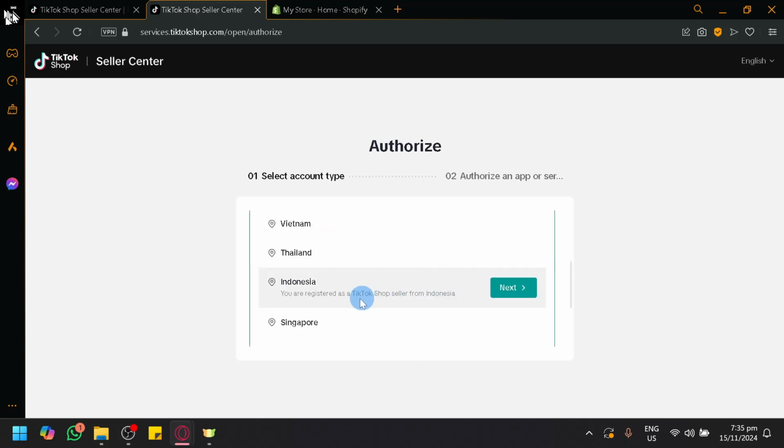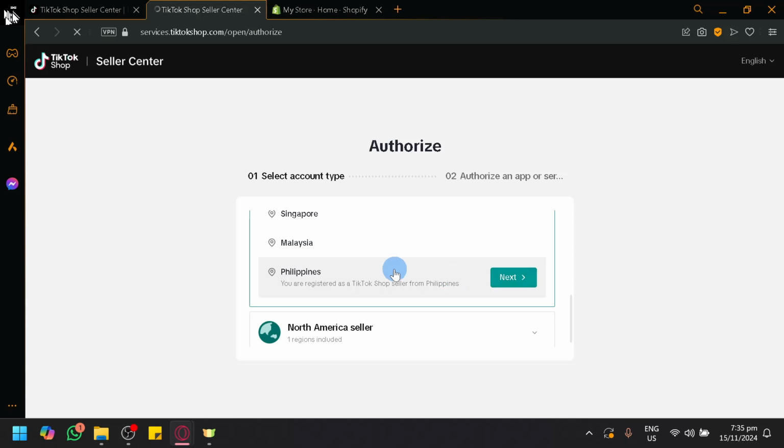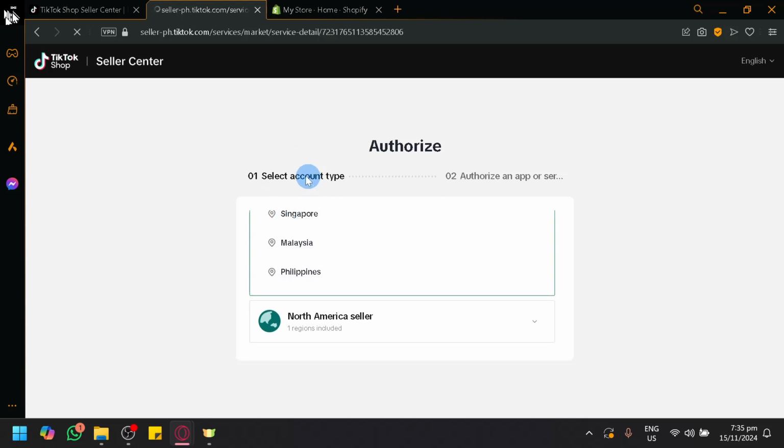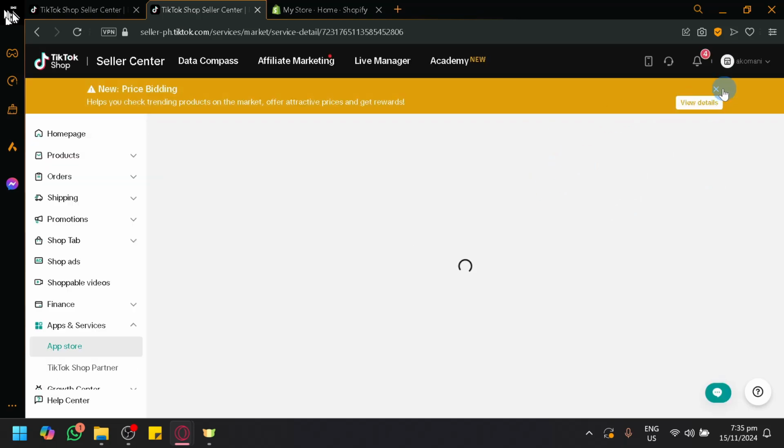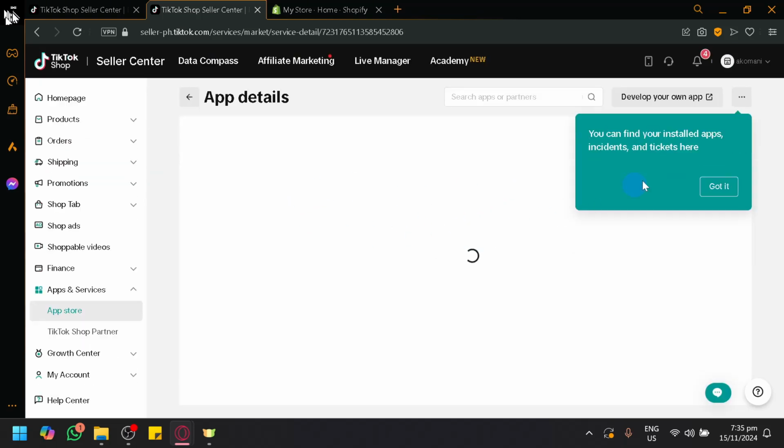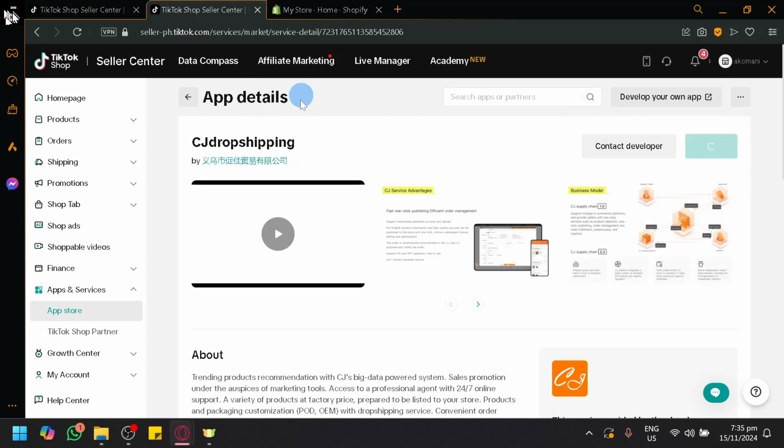So you have your Asia seller, and then simply select the location of which you have created your account. There's different places, so it's going to depend. And then you're going to basically authorize the connection, or like authorize the installation of the app into your TikTok shop,